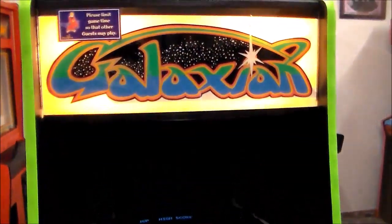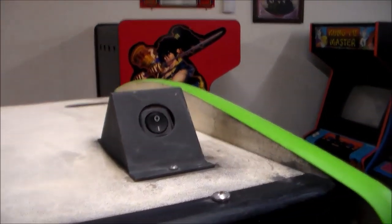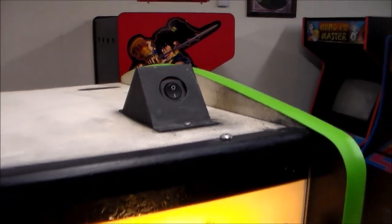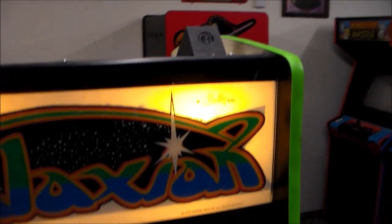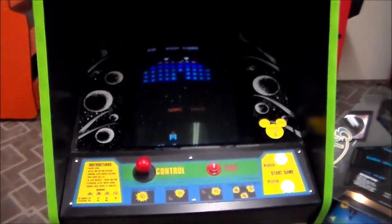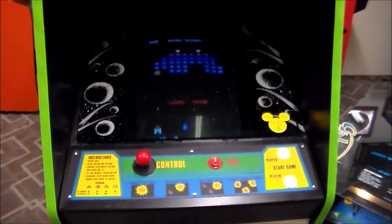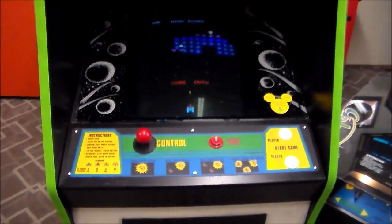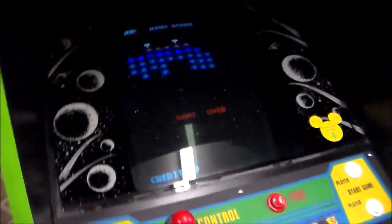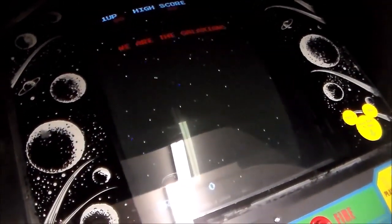Now, the only other thing that they really did to change the cabinet was they put a power switch up on the front of it. And it looks like they've done that on most of the games if you look at the pictures and stuff. Don't know why, but that's what they did. They must have thought that maybe some of the guests would want the ability to reset the game if it was screwed up or something. Now, when we got this, it was screwed up. The monitor looked really bad, so we rebuilt the monitor, got it looking good, and then